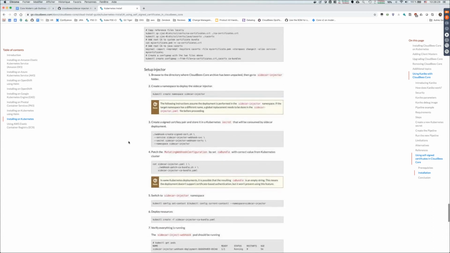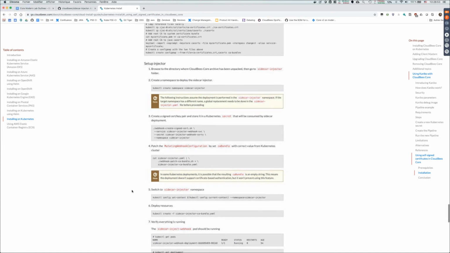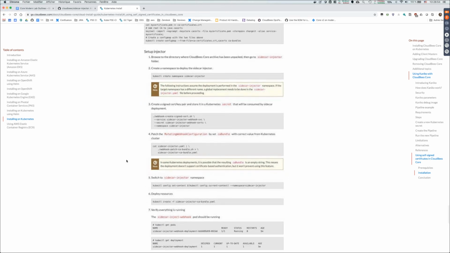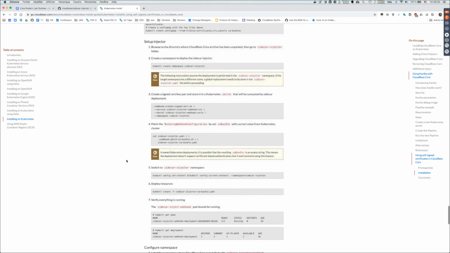Then the injector itself should usually be installed in a separate namespace. That's just a best practice in Kubernetes. It's not mandatory, but it's recommended. Once it is installed, it will interact with the Kubernetes control plane by using the mutating admission webhook, which is part of the setup.